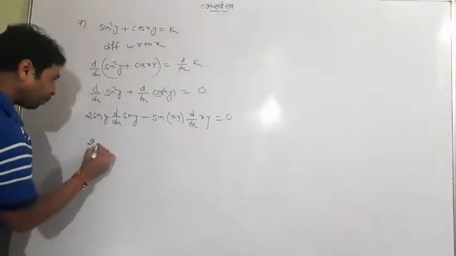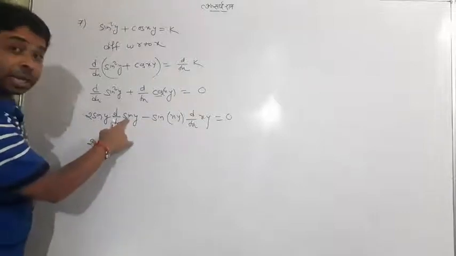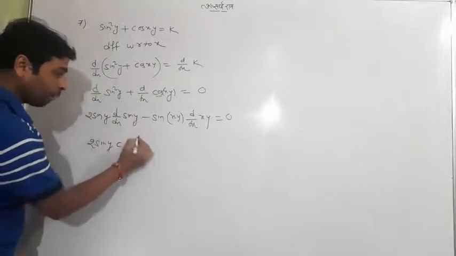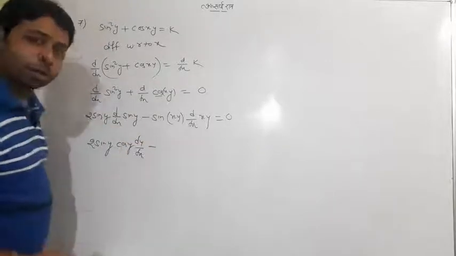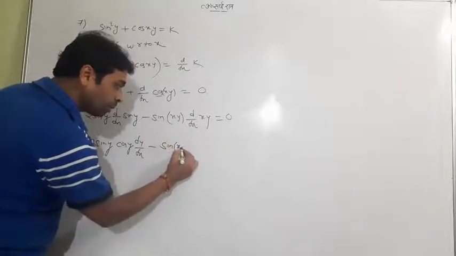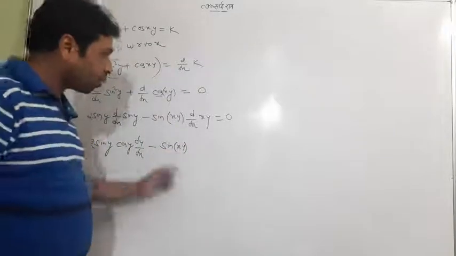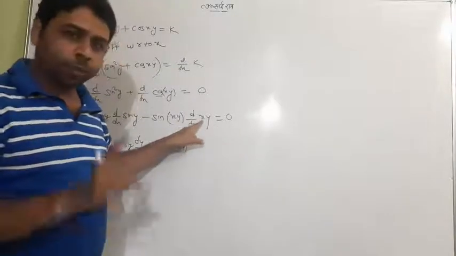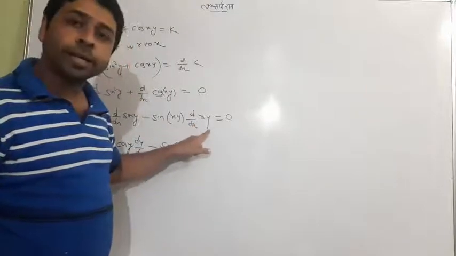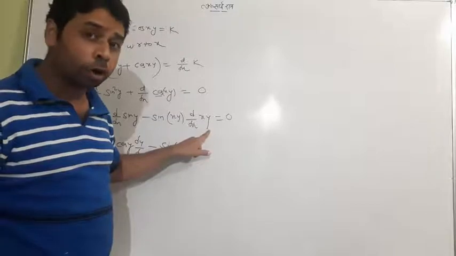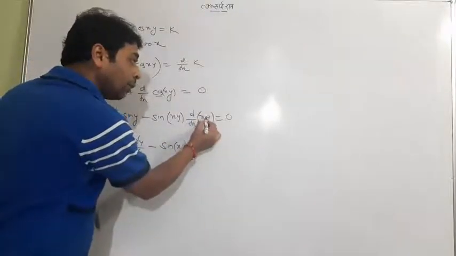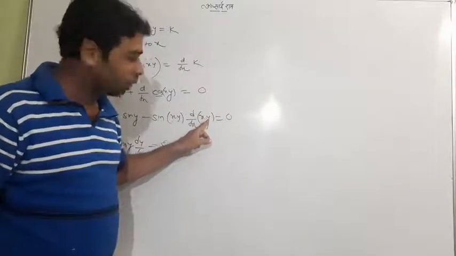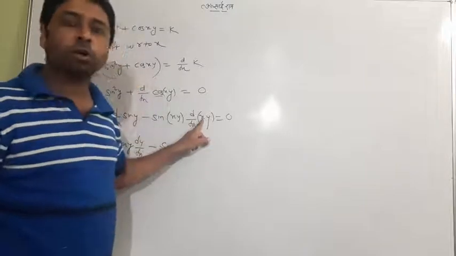Now what will happen here? 2 sin y, this is sin and then y. So first we differentiate sin, so it is cos y, and again differentiation of y will happen, dy by dx. What about here? Again an interesting concept comes. Students always get confused about that term. They say the differentiation of x is 1 and write dy by dx, but it is wrong because it is not a single function, it is two functions in multiplication. Keep in mind it is a multiplication, so you have to use the multiplication law here.